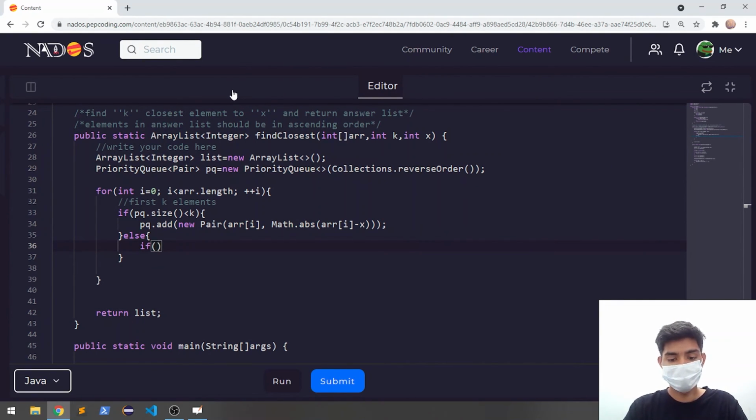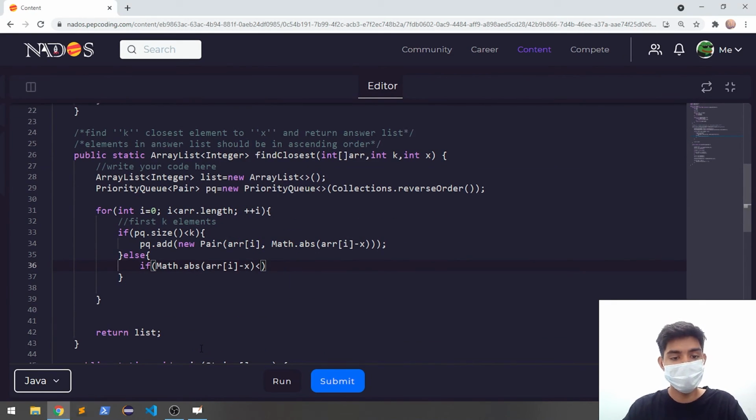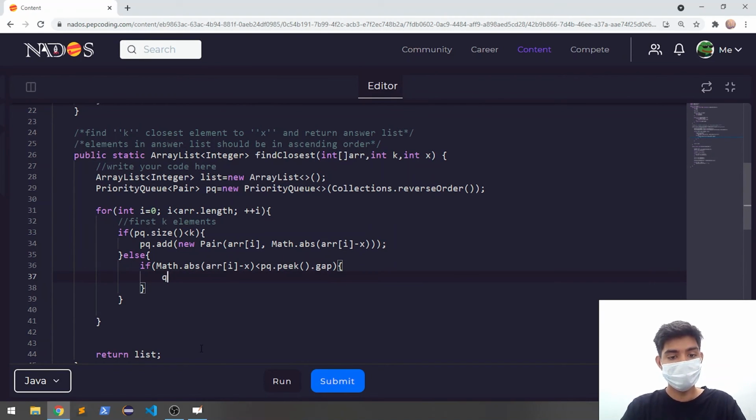let's say arr[i] minus x, and the absolute value of this, Math dot absolute value of this is smaller than pq dot peek dot my gap, right? If it is smaller than my gap, then I will remove the peek. So pq dot remove,